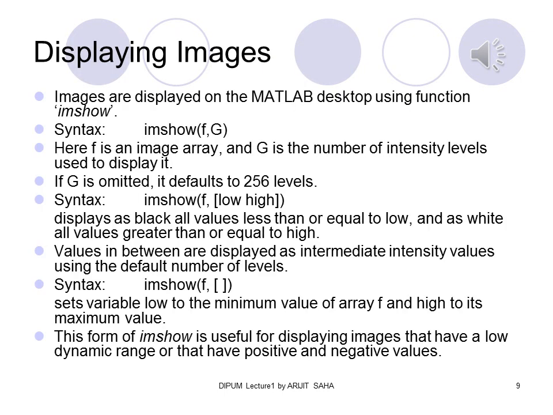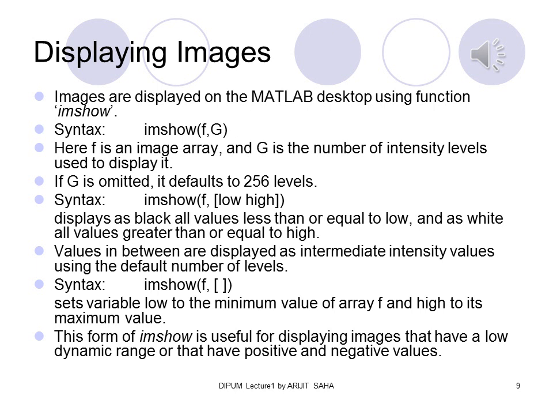Now, after reading the image, how can we display it? That is a very important concept. Images are displayed using the function imshow, available in the IPT, or Image Processing Toolbox, of MATLAB. The syntax I have shown over here is imshow(f, g). What is f? f is an image array which you have already read with the imread function, and g is the number of intensity levels used to display it. If you do not give g, then by default it is taken as 256 levels.